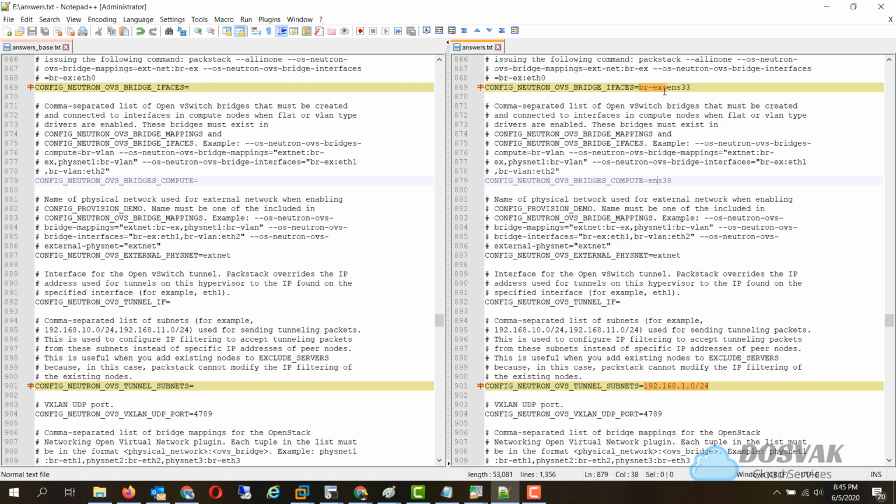Now, on the compute node, there will be an interface with a 192.168.1 IP address, which is for inter-VM communication. That interface name should be specified here. In our case on the compute node, it is ENS38.